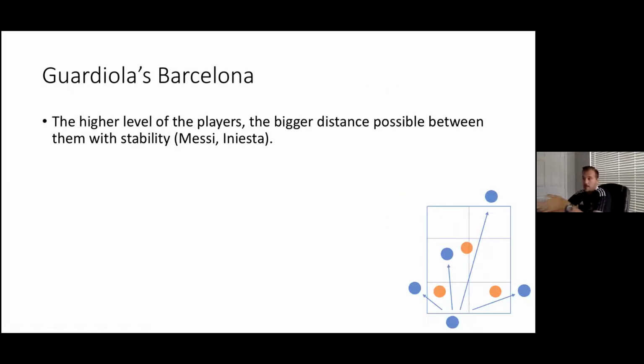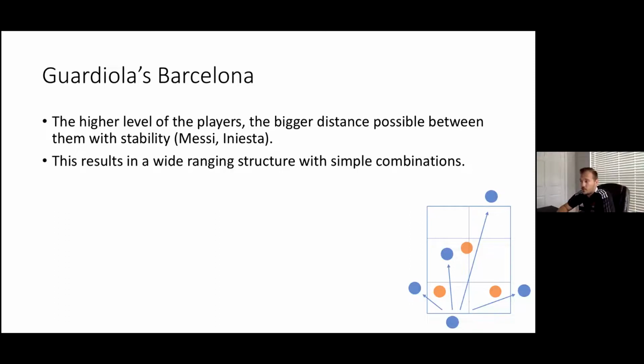Last little bit, talking about Guardiola's Barcelona, which I think are still to this day the best example of a team to ever play this way because of simply the talent level that they had. Because of the level of players that they had, they could play with players in the center spreading out further from each other, because the players in the middle were so good at keeping the ball. They could spread out further from each other than other teams maybe could, right? So they could literally have Messi, Iniesta in the middle, and then everyone else spread out, right? Because if we give them the ball, they're going to collapse defenses and we're going to play people in behind.